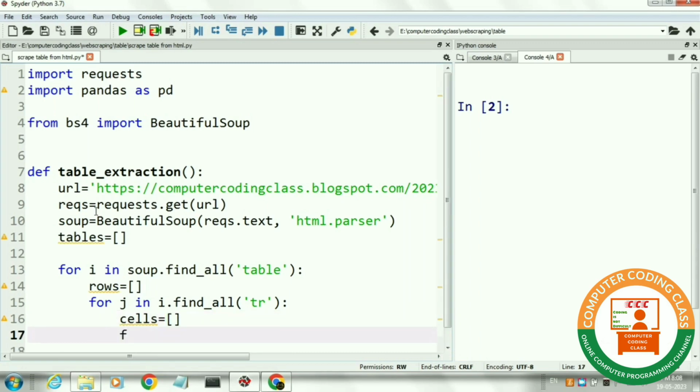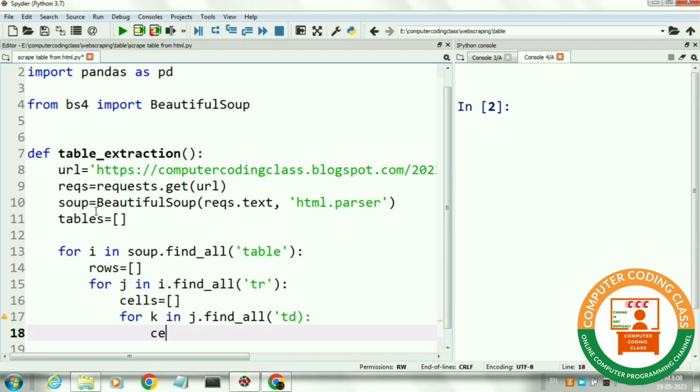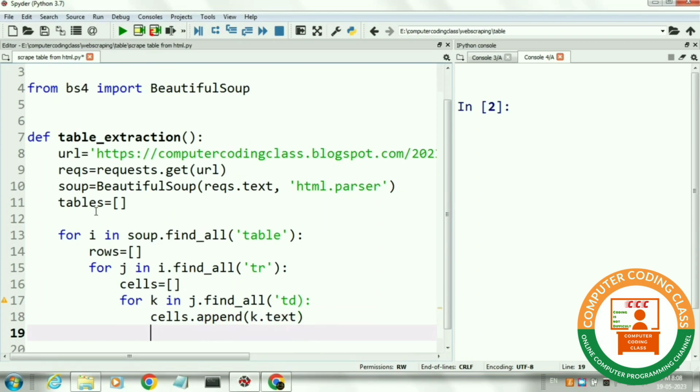Under the j loop we will create an empty Python list named cells, and we will create another nested loop in the j loop named k, and we will search a tag named td. td means you can say column of the row or cell of the row. Now we will extract text from each cell and append that text in our Python list cells. Then come out of our k loop